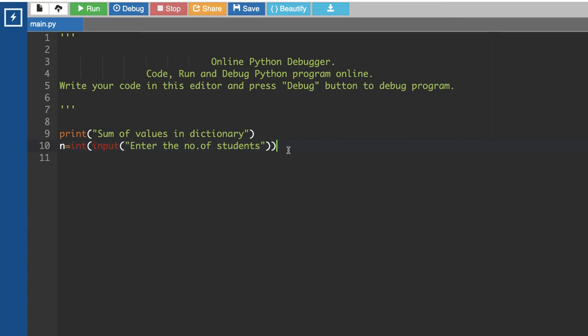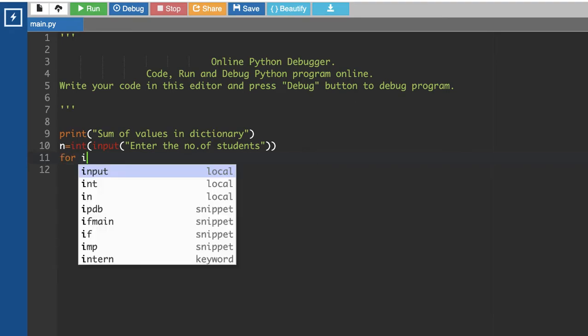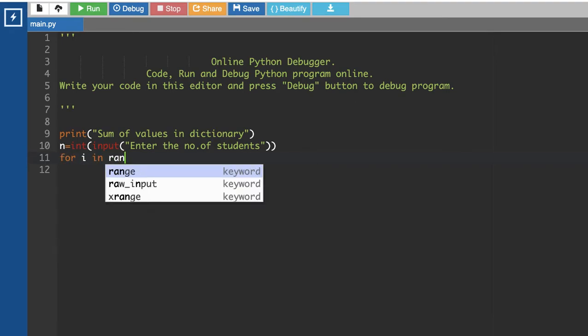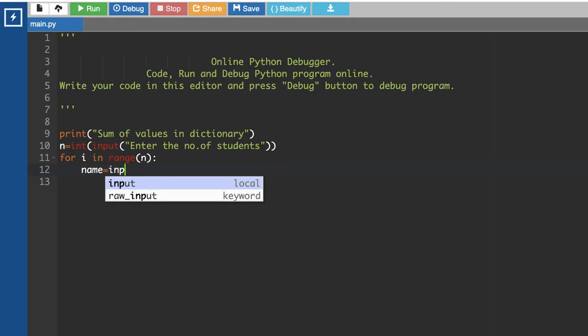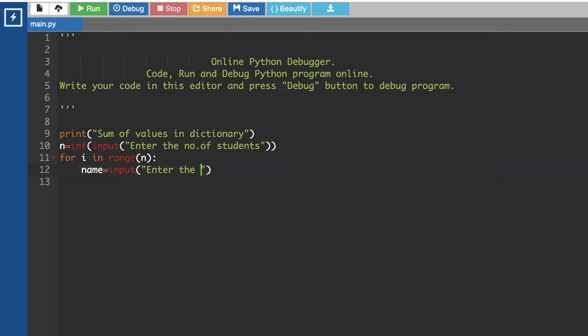After that, I'm getting the name and score for each and every student. For that, I'm using a for loop in the range of n. Within the loop, I'm getting the student's name using the variable name and the input function, with the text, enter the name of the students.